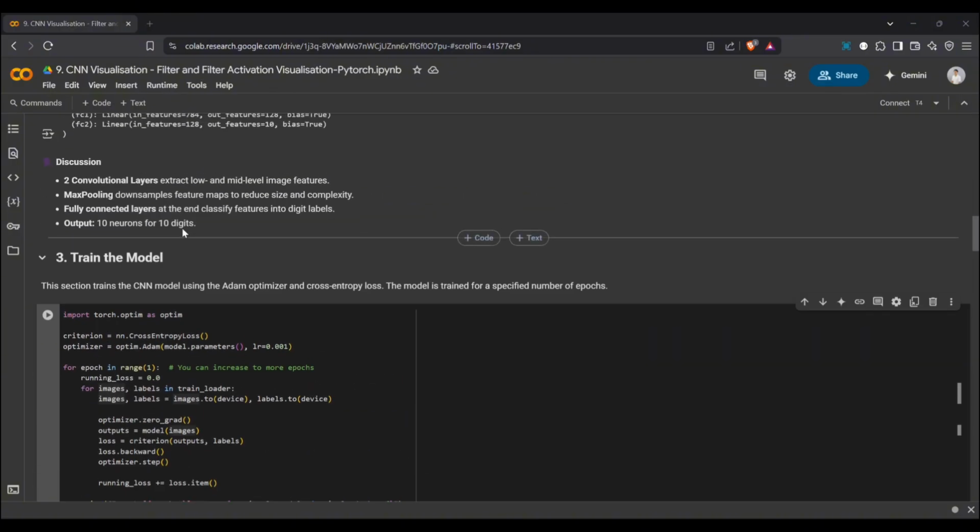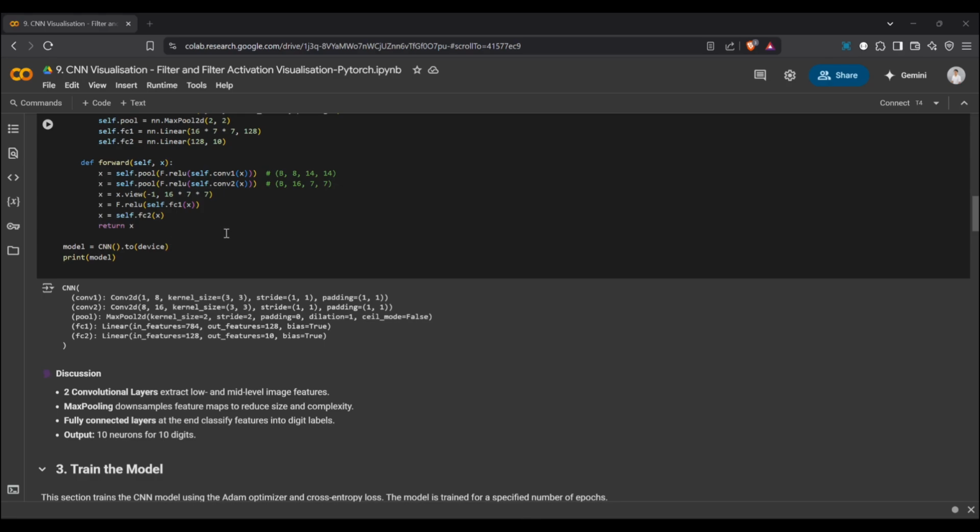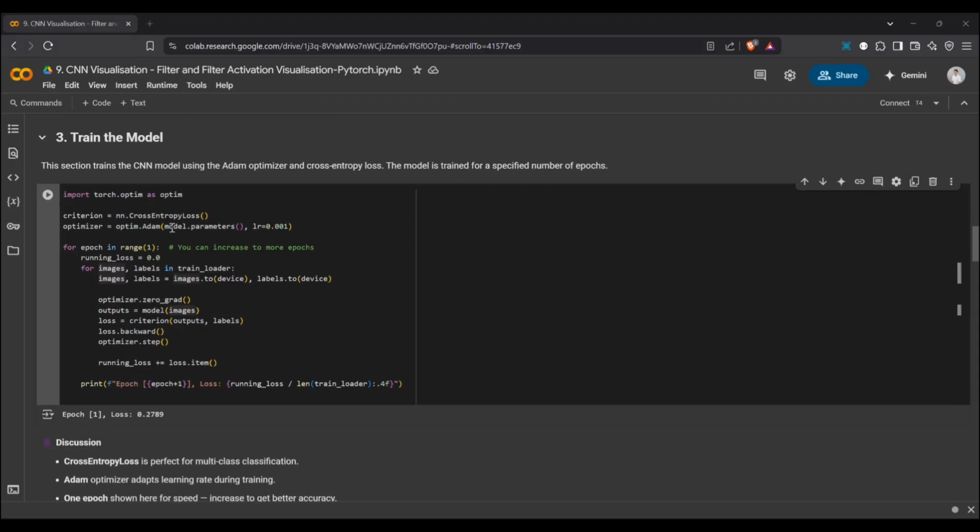The forward pass here calculates the predictions, and then the loss is computed. And the backward pass, as you can see, is computed here. We call the criterion, which is the cross entropy loss, then we use the outputs for the image and the label to get the cross entropy loss.